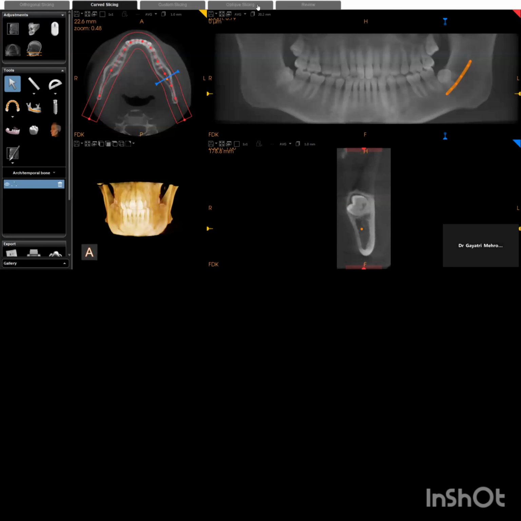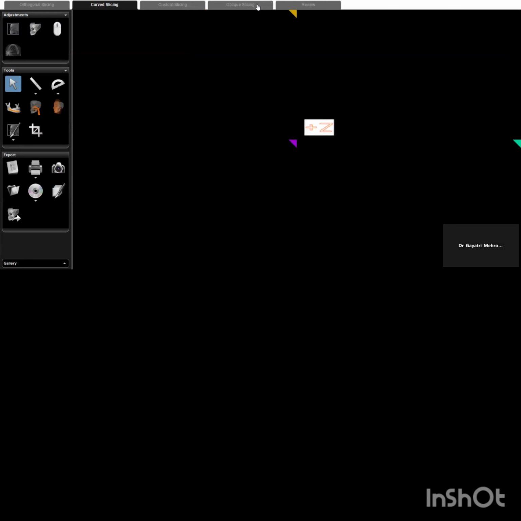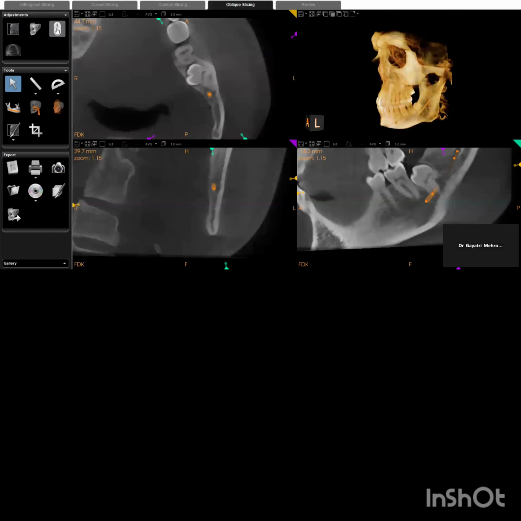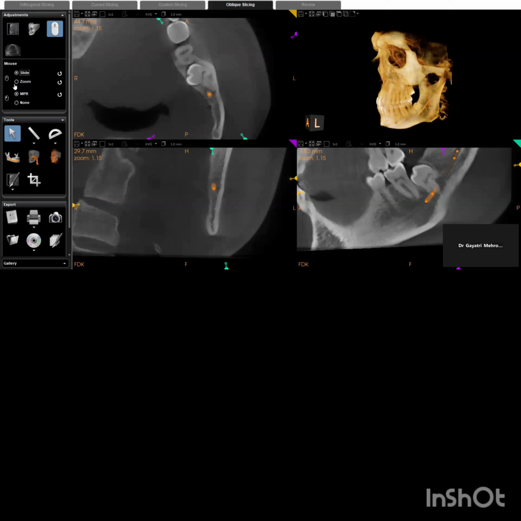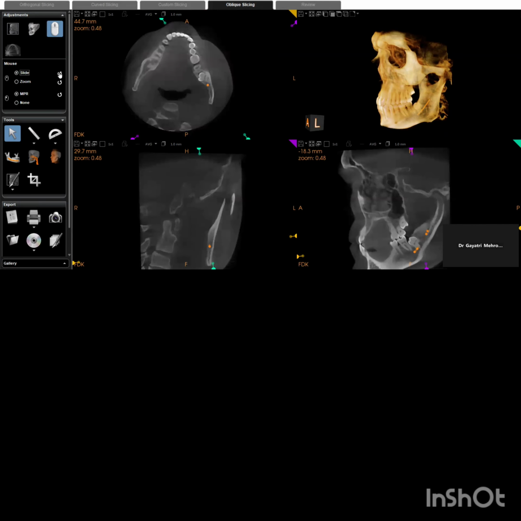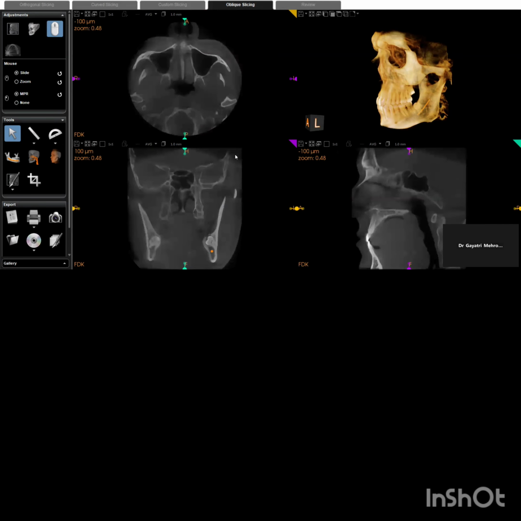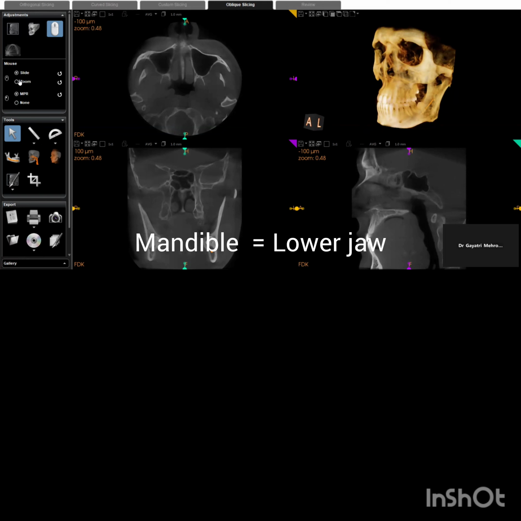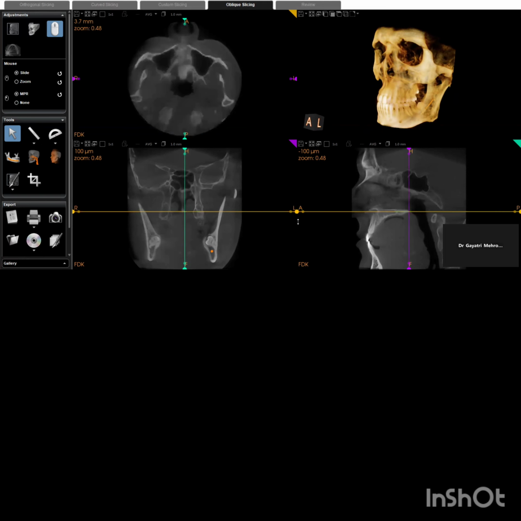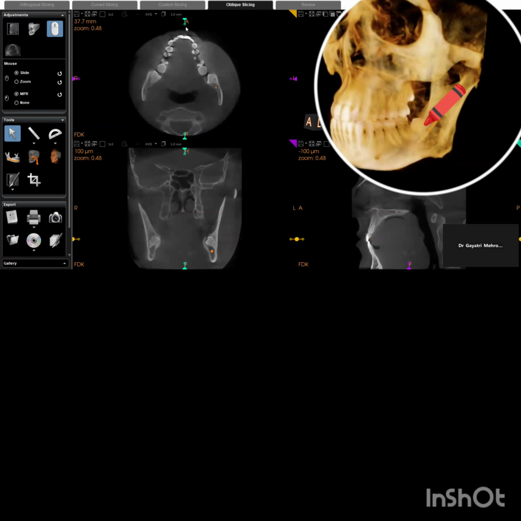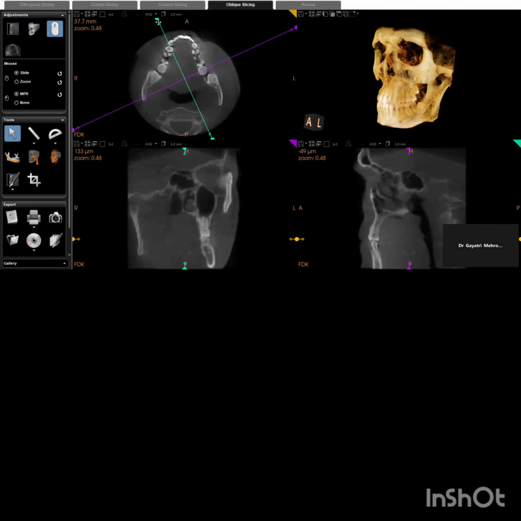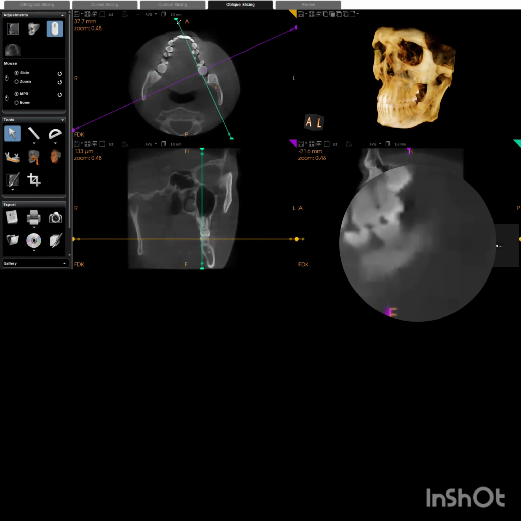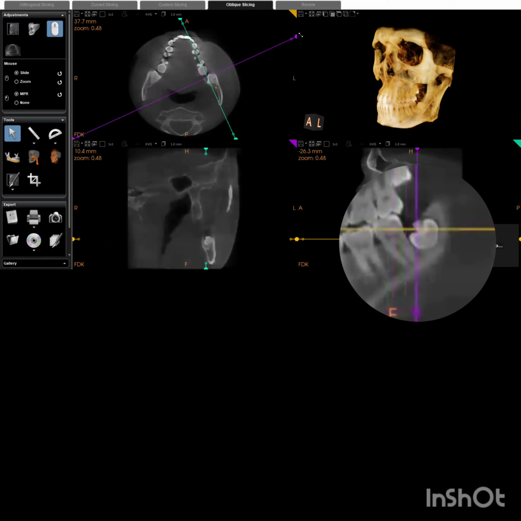Now, how do I have a look at the scan? We go on to our oblique slicing. Okay. So now here I have already zoomed. For you, what I'll do is I'll go here. Okay. So this is my entire scan. That is the maxilla here. You can see this is the maxilla and the mandible is there. Now, what I want is just the lower left. Okay. So I'll bring my cursor, I'll shift it here, I'll get it onto this particular tooth. Okay.